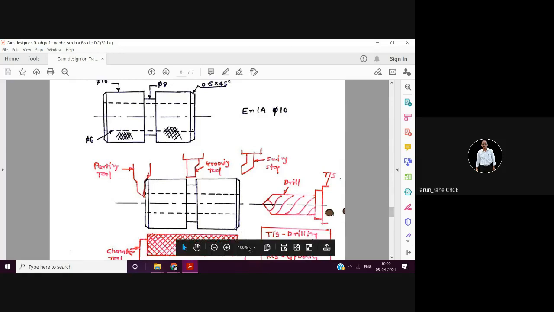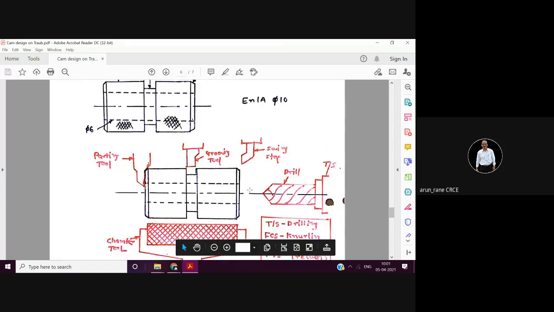So this drilling is from the tailstock, then you have a sink stop, then a grooving tool from the rear cross slide. Then this is a knurling tool which is mounted on the front cross slide.